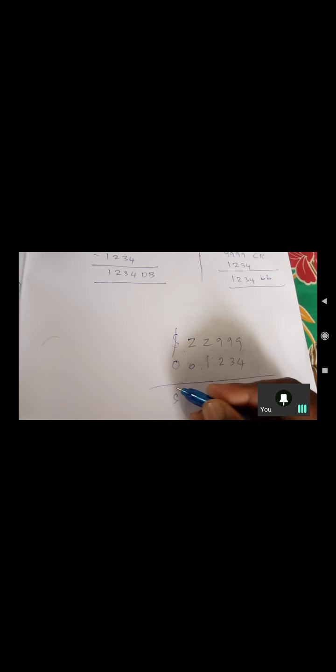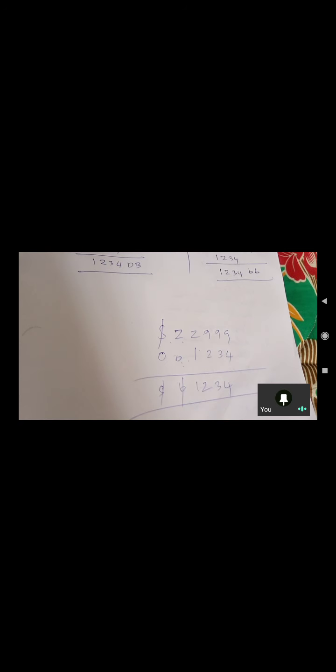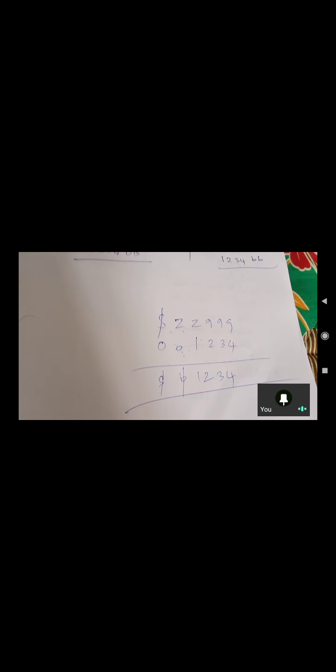So here while matching 0 with dollar, what is it going to give? The dollar itself. And then the next one, while matching 0 with Z, what is the role of Z over here? It is zero suppression, which will convert the 0 to blank spaces, and the rest of the thing will come as such. So now the resultant value is dollar, blank space, 1 2 3 4.